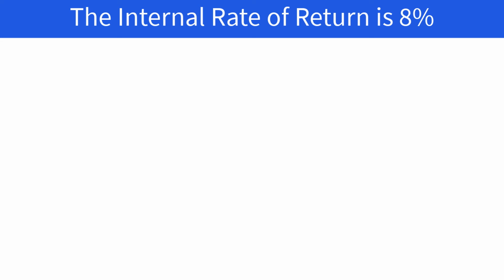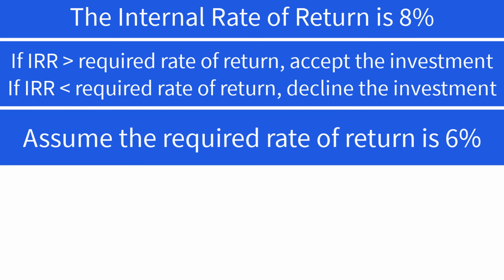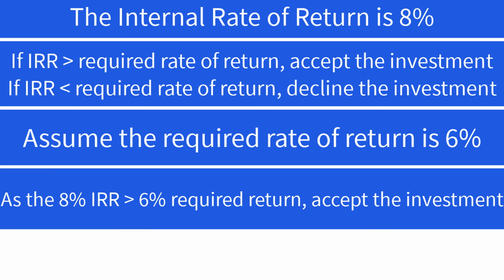Okay, now that we have found the IRR to be 8%, how do we choose whether or not this is a good investment? We must compare the IRR to the company's required rate of return. If the IRR is higher than the company's required rate of return, they should accept the investment. And if the IRR is lower than the company's required rate of return, they should decline the investment. In the net present value video, we said that this company's required rate of return was 6%, and this investment provides an 8% rate of return, so they should accept this investment. If the company doesn't have a required rate of return, they can compare the IRR of this investment to the IRR on other competing investments and choose the investment that provides the highest IRR if they are mutually exclusive.